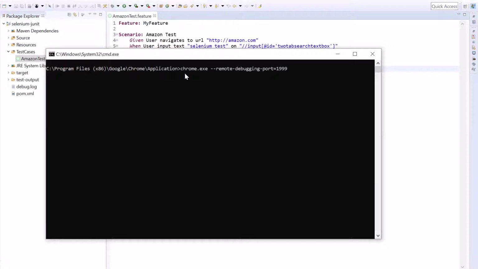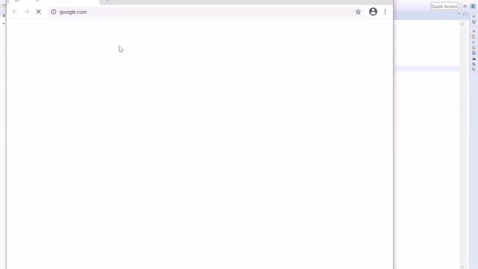You can provide any unused port number. I have given 1999. Then type user data directory equals to the path of the profile. This will create a new profile for debugging so that it doesn't corrupt your default profile. And then hit enter. You can see that a new Chrome browser has been invoked.